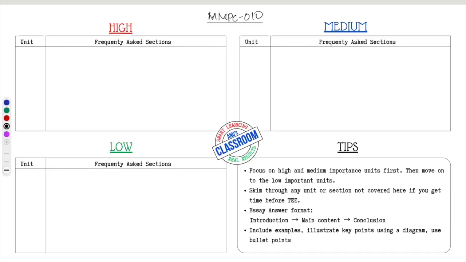It has 13 units which are divided into 4 blocks, but not all parts of the syllabus carry the same weight in the exam. In this video, I'll be walking you through the most important units and sections of MMPC 10 so you can focus your efforts where they matter the most. We will be starting with the most important units and sections first, followed by the medium and the low priority ones. So coming to the high priority units,